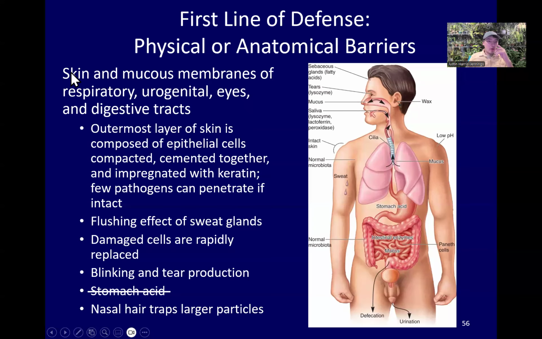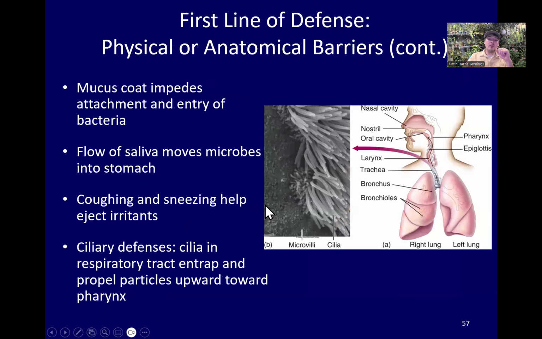So I mentioned how the skin is a physical barrier that prevents the pathogens from getting into the muscles. We talked about how sweat changes the local environment of the skin, makes it less favorable for certain pathogens to be able to take hold in those areas. You also have those physical barriers,